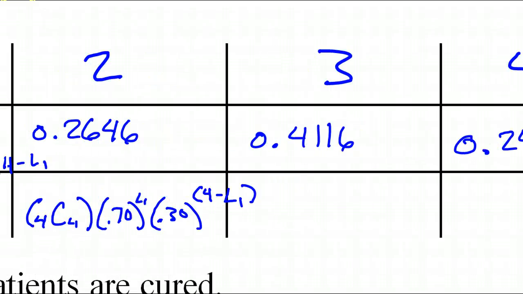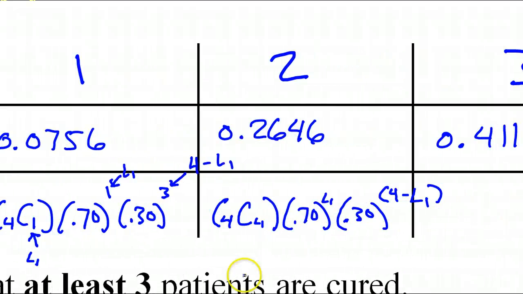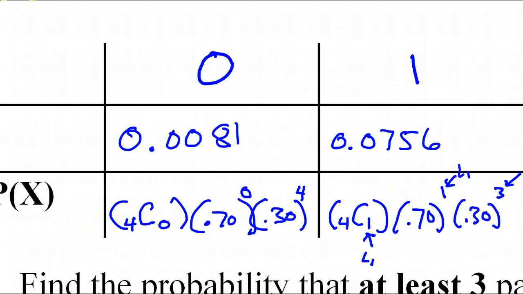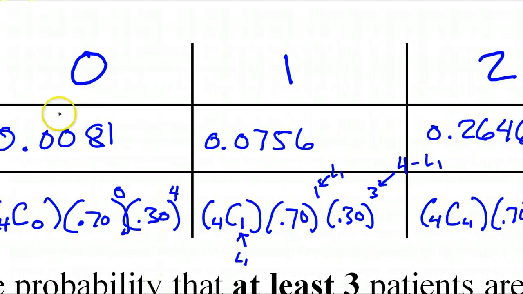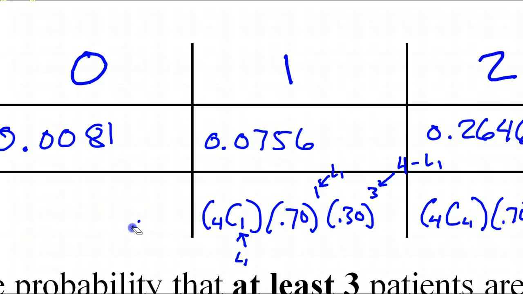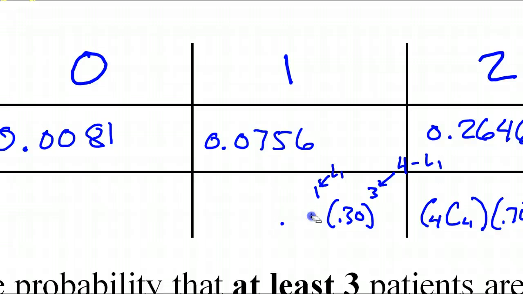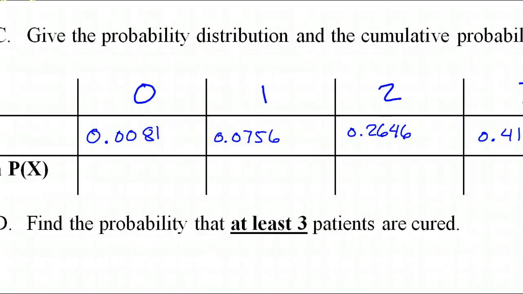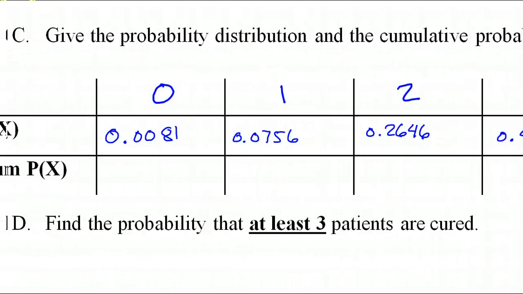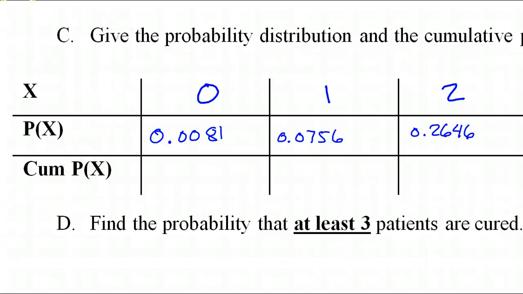Okay, so some kids can just not wrap their mind around these formulas that I'm using. But if you can, then I find it very easy to use the calculator. It especially helps you avoid all those little careless mistakes that people make. Alright, let me just clean this up. Alright, so we've created the probability distribution, okay? And now the cumulative probability distribution is very simple. We're just going to add these up as we go. So the first one is just going to be what is right above it,